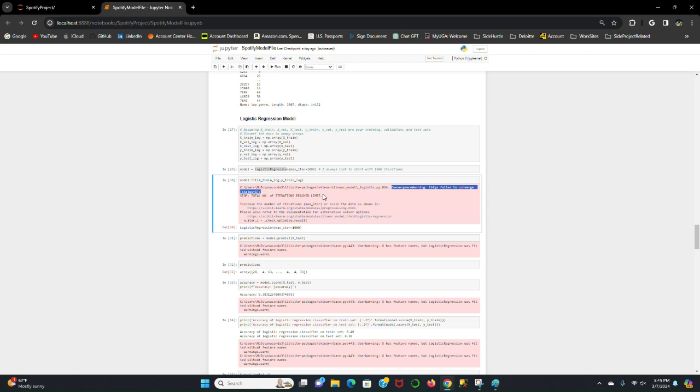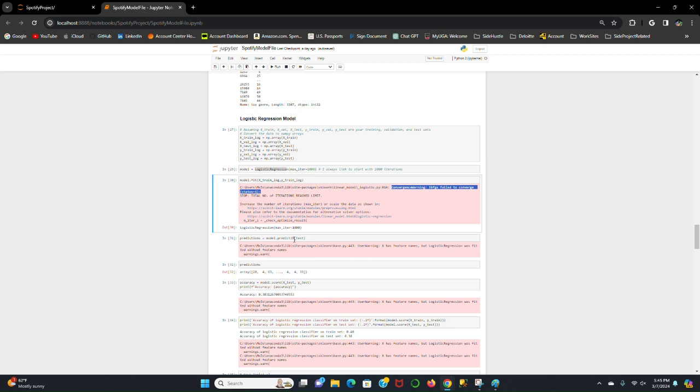If I had a more powerful computer and set up my Jupyter notebook differently, I probably could have run maybe 2,000 iterations, and maybe that would have converged. But the accuracy is going to be a little bit lower, as you'll see, because I only chose 1,000 iterations. So obviously I fit my model, and I made predictions based on